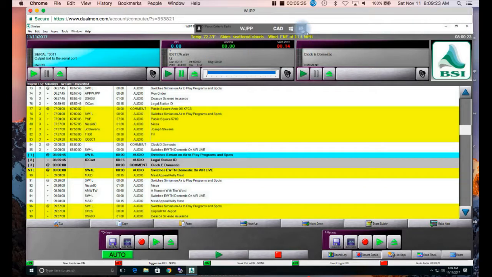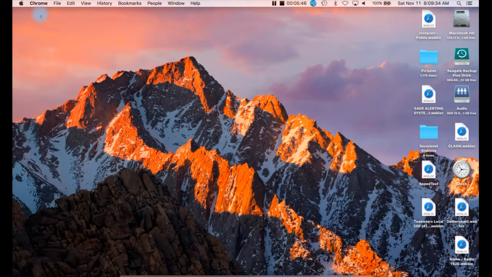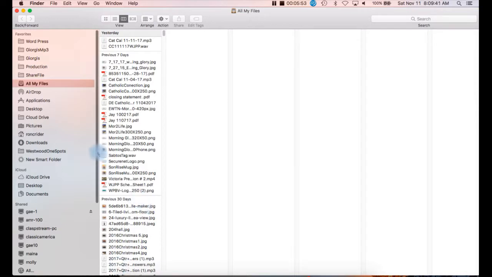dual monitor, and we're going to talk about this at another time, but I'm going to turn this off so that we're not going to be doing this anymore. And let me just get out of there. And now I'm going to go back to my MacBook Air, and I'm going to scroll down in the MacBook